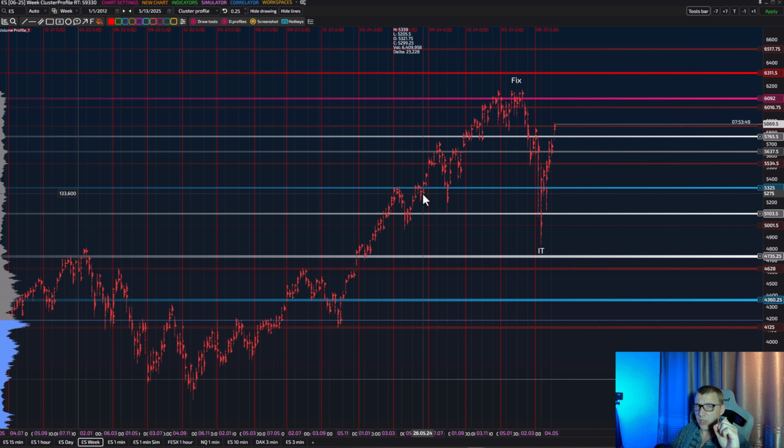Here on the weekly auction, we don't have any factors for sell. No, a fix is never a factor for sell. These 2, the fix and the inertial trade, allowed us to define the top and the bottom borders of a potential balance. So we don't have a factor for sell here.